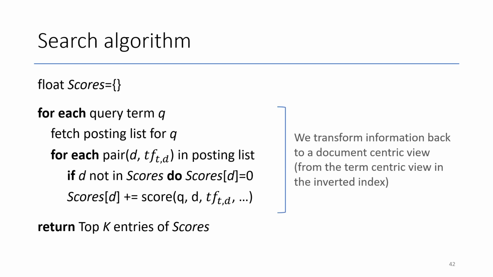The most basic search algorithm looks at query terms one by one. So here it goes. We have a result variable that keeps track of our partial scores. Then for each query term, we fetch the posting list for this query term via the inverted index. Then for each pair in our posting list, so the document ID and the term frequency and potentially other statistics,